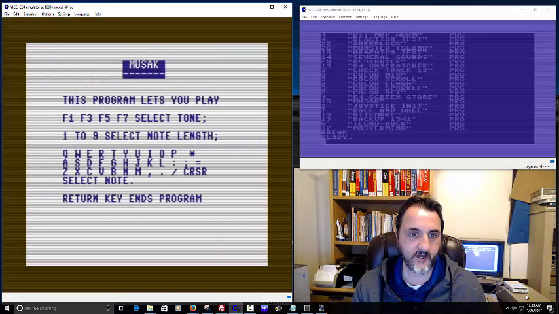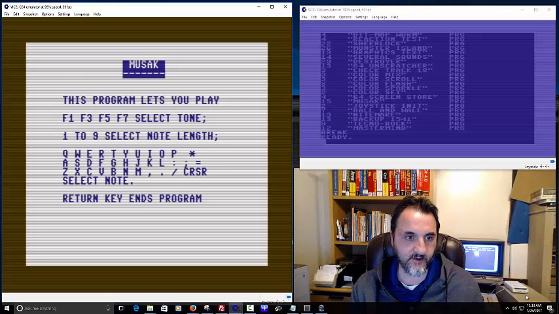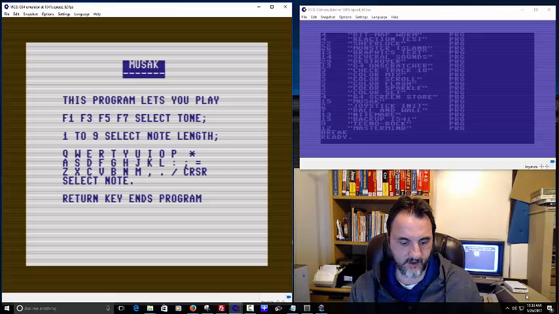Let's see what we got. Lets you play F1, F3. So the F key selects our tone, 1 to 9 select the length, and press the keys. Okay, so let's play with the tones by changing F3. It didn't do anything. F3. That's what they mean by tone. Let's see, F7.